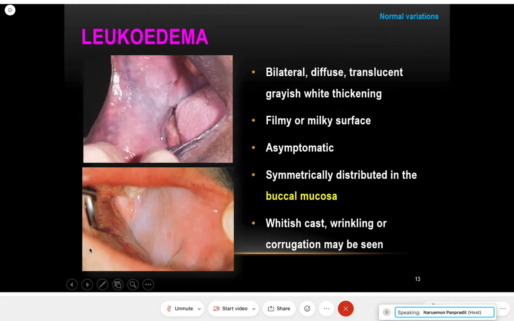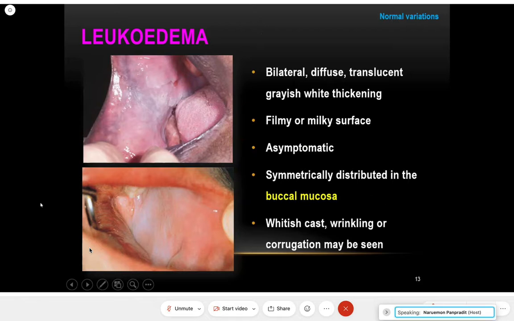And if you see leukoedema, it's white, but in clinical, it does not look like edema. It only changes the surface to a white color, like a filmy or milky white, for example, like coconut gelatin. That's the character of the